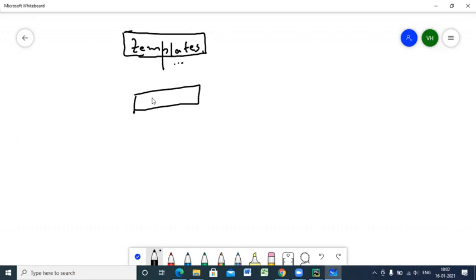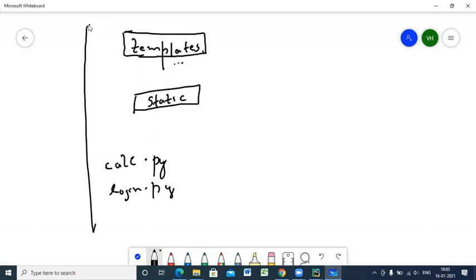All the CSS files must be inside a folder called static. Any supporting file, in other terms, for these templates will be in a folder called static. So we have the templates folder, we have the static folder, then we have .py files. The .py files will be outside. Any py file, for example calculator.py, which we call calc.py, or login.py, will be outside the templates folder and outside the static folder. This is how the architecture is defined in a Flask application.